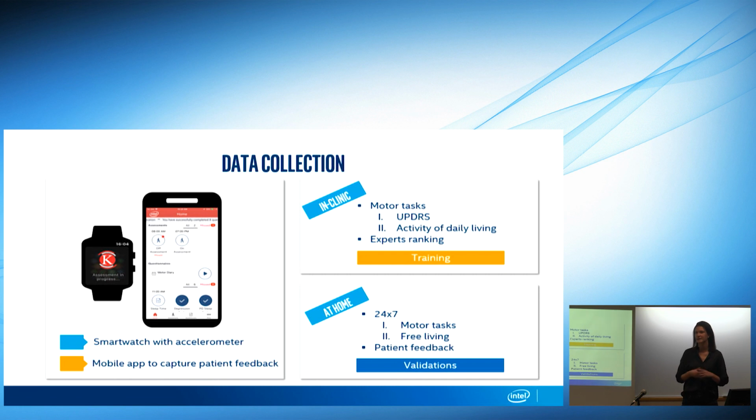And they performed different tasks. Some of them are the ones that are typically done as part of the UPDRS that I described, as well as tasks that are more describing real life, like folding towels, drinking from a cup, going upstairs, and so on. And this is what created our training set. In addition to that, we had the patients going home with the app and the smartwatch, living their day-to-day. We did ask them to perform some tasks and to provide some feedback, but this was our image of their free living, and later on was used for our validation.